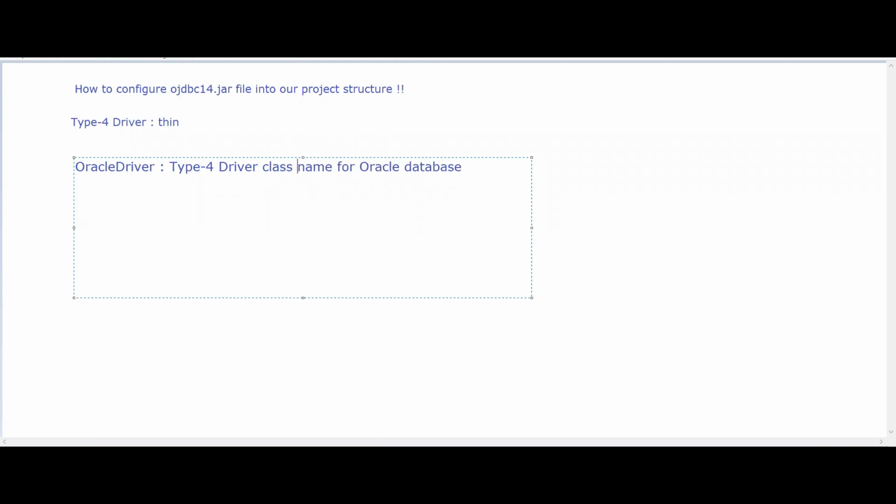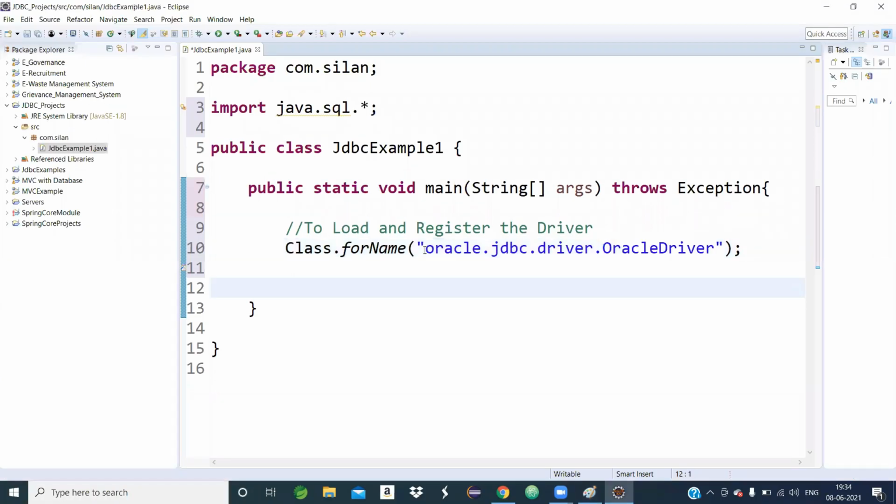And how do I get it? This is the path: oracle.jdbc.driver. Suppose I am going through the C drive, then Program Files, then the Java folder, then JDK, then bin. This is the path where the Java compiler is available. Similarly, to get OracleDriver we go through the path oracle.jdbc.driver.